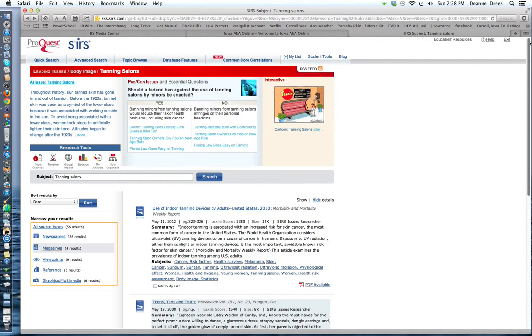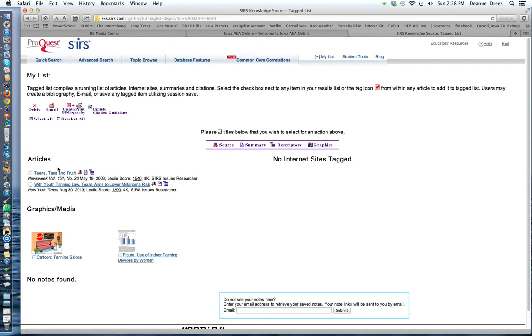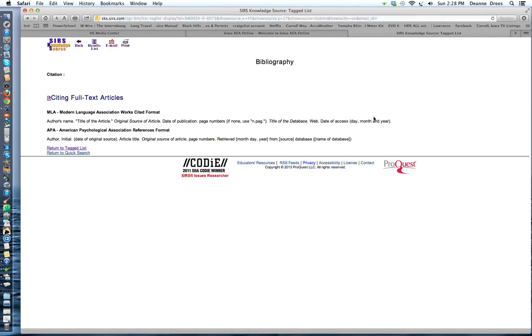Up to the top is my list. So if I click on my list, here are the 2 articles that I selected, and here are the 2 graphics that I selected. If I like, I could go to create and print my bibliography. Oh, it looks like it only cited my 2 articles. It didn't cite my graphs, but at least that shows you